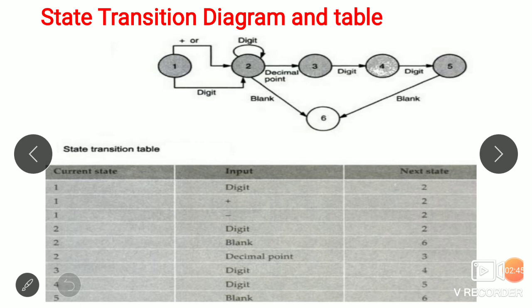See here, the first one is a number can start with an optional sign. Here we are going to use either plus or minus. You can see here plus or minus. This is the first step. Then what is the second step? The optional sign can be followed by any number of digits. You can see here in the second step, it may follow. Here the first step is, it may be a plus or minus, followed by any number of digits. This is the second point.